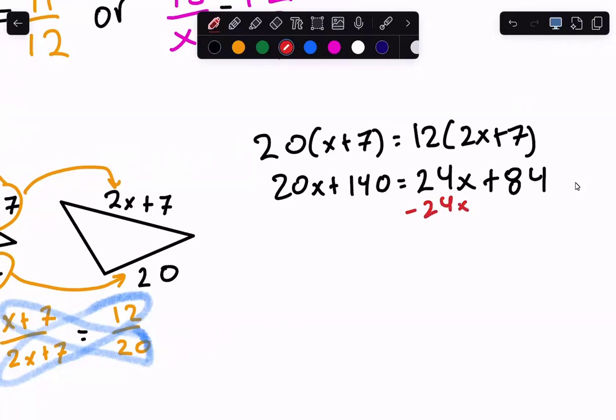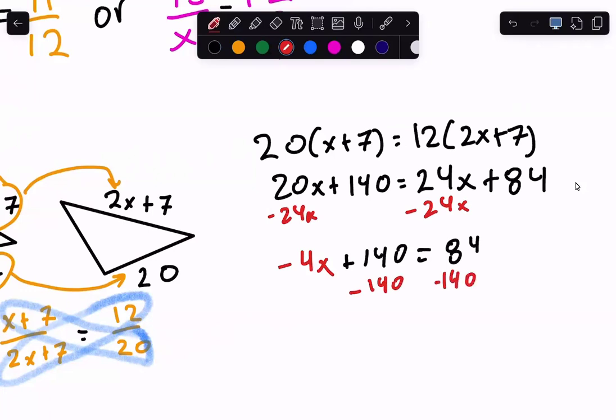Subtract 24x to both sides. You're left with negative 4x minus 140. Negative 4x equals, and then this cancels, this cancels. Let's see, 140 minus 84, negative 56